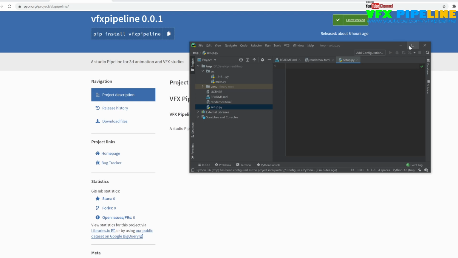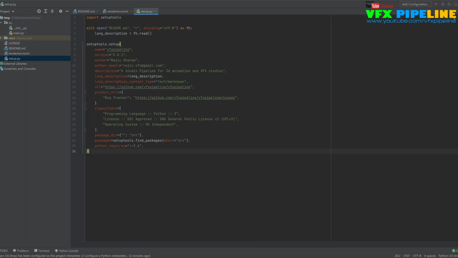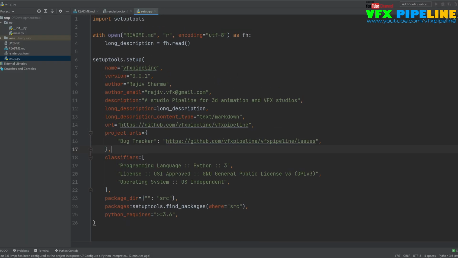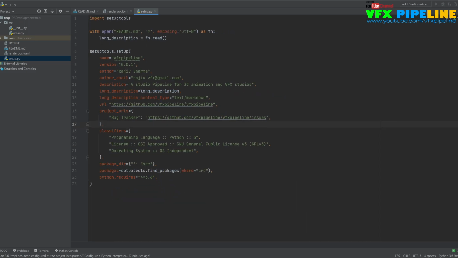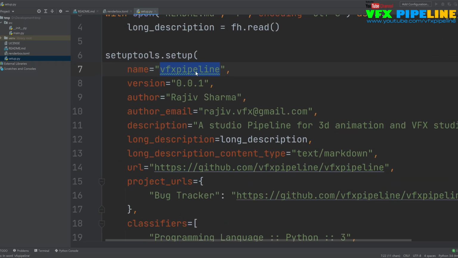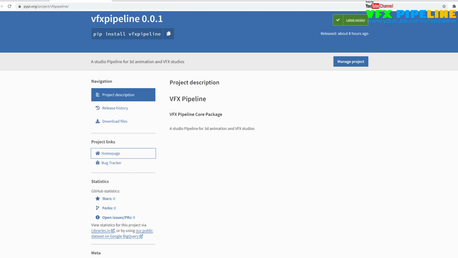In the temp file which we are going to create, Control V, and these are the few lines that you should change according to the setup that you are actually uploading. In my case, I want to create a renderbox app. This is the app name which you should be careful about, because whatever name you put will be registered here. So pip install vfx pipeline is fine, but I want pip install renderbox.